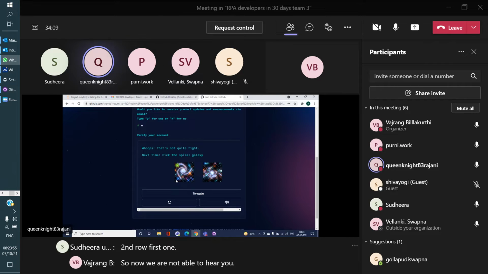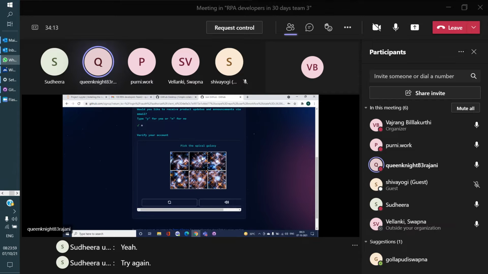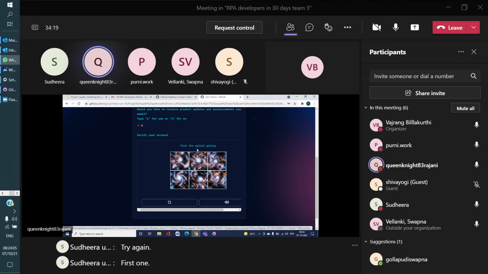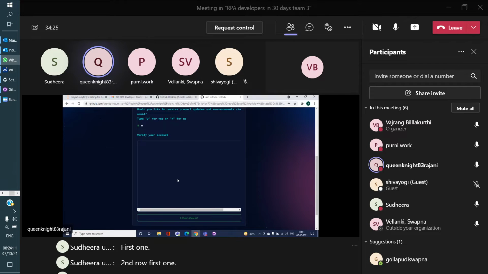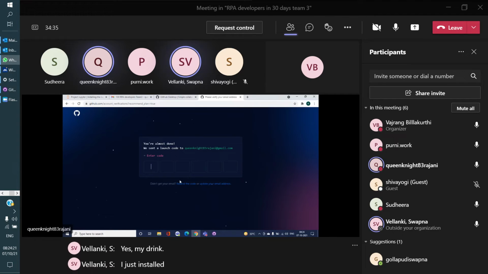It asks for an email address, password, and a username. Create account. I just installed my GitHub and I'm trying to log in.